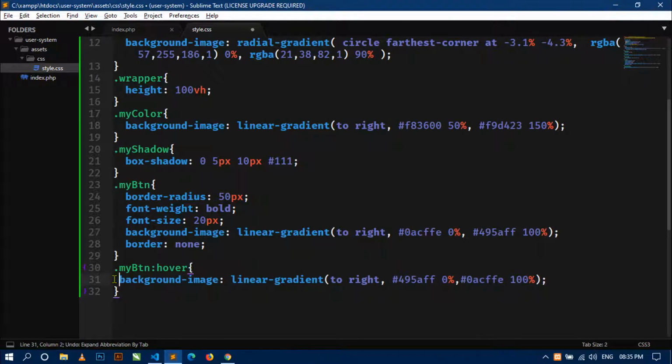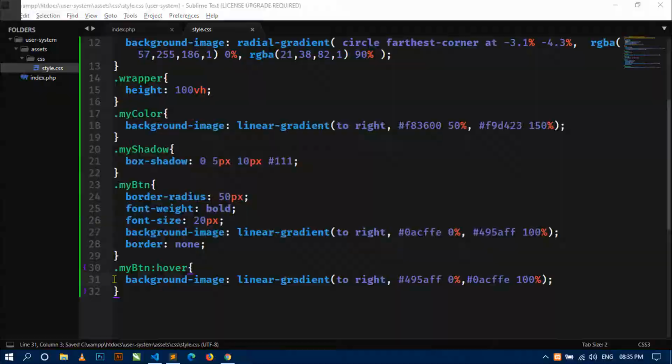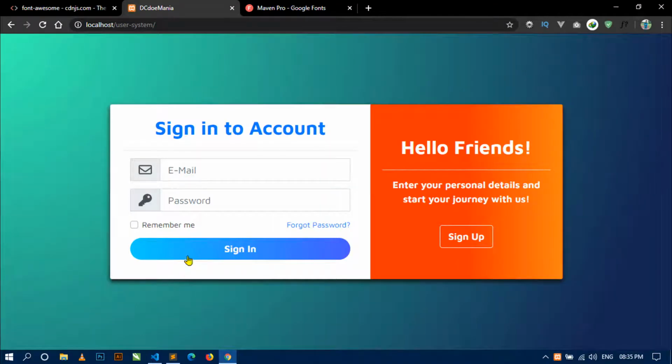Sorry, go to the browser and refresh. Now if I hover here on the button, you can see the color is changing. Okay,